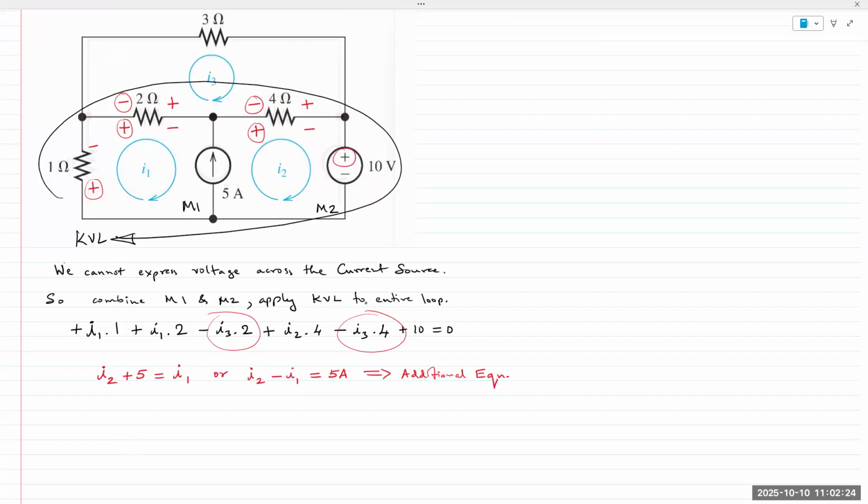That's why it probably generated too many errors. That was an error. So I3 times 4, yeah. Those two are combined only for the 4 ohm resistors. Yeah. Yes. Hold on. Let me